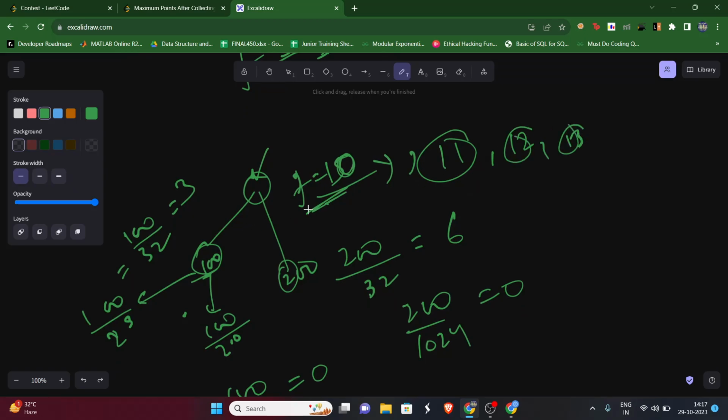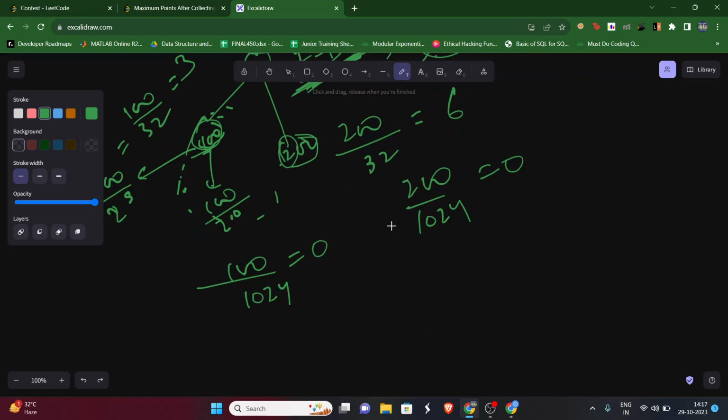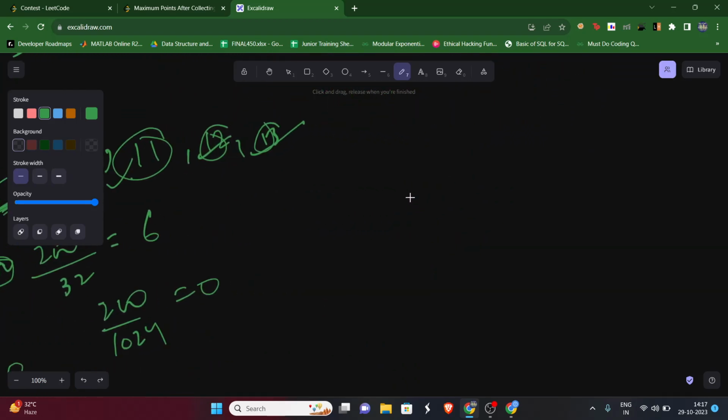Anyways, for f equals 10 we are getting everything as 0, because this node value will become 0, this node value will become 0. Then for f equals 11 also it will become 0, f equals 12 also it becomes 0, f equals 13 also it becomes 0. Okay, why are we discussing that? Because we know that